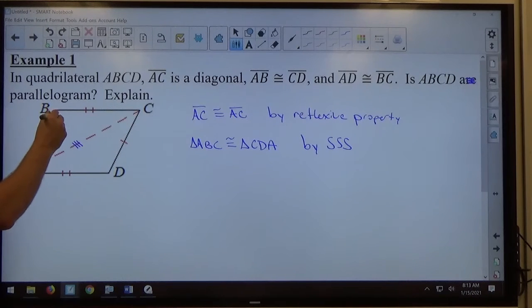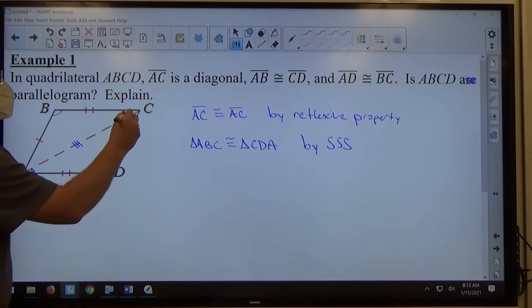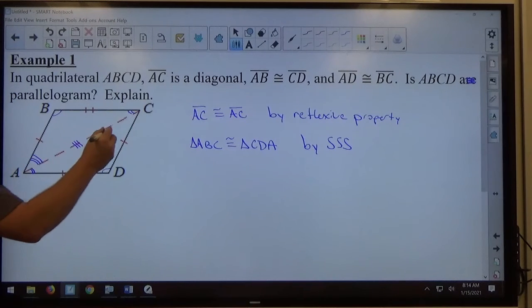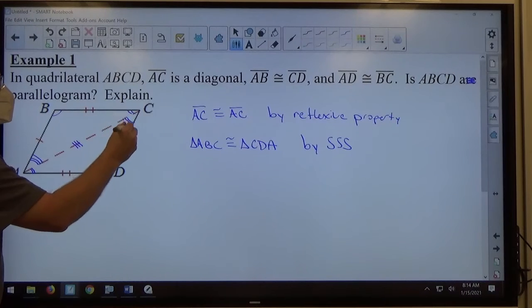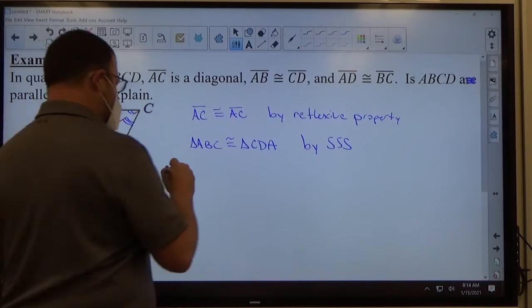So this angle here is congruent to this angle here, this angle here is congruent to this angle up here, and this angle here is congruent to this angle over here. So that would all be by CPCTC. So I can say angle B